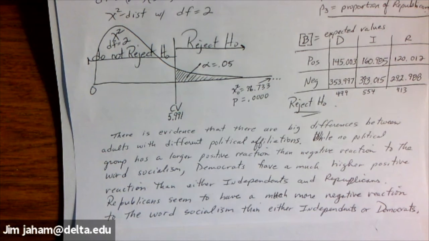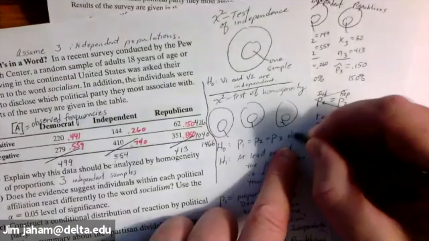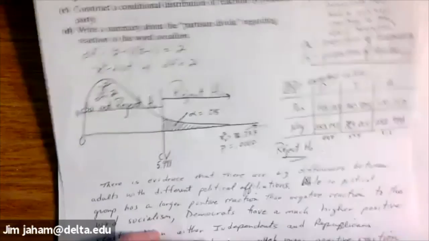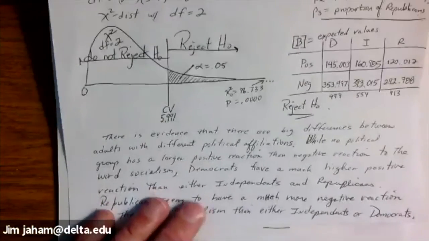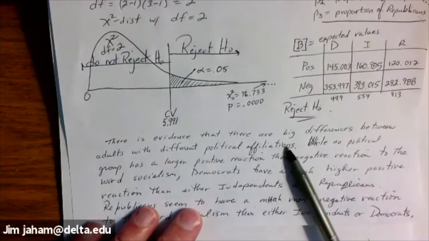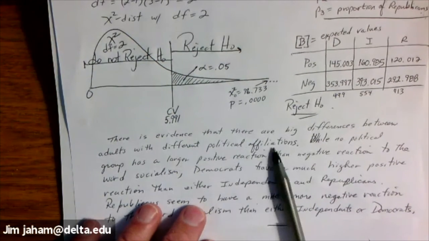We saw that that was not the case. So we rejected that claim. So what we want to say is that there's evidence that there's a big difference between adults with different political